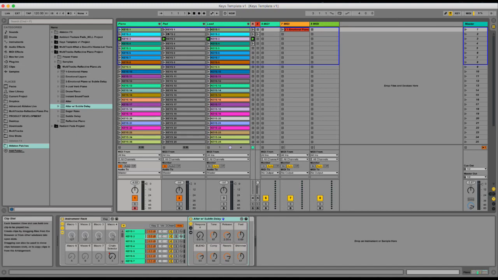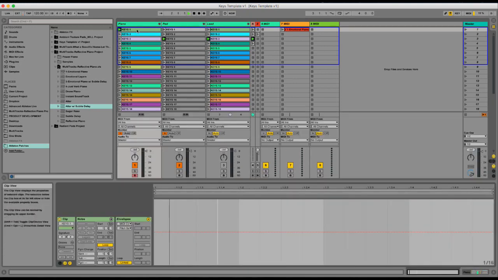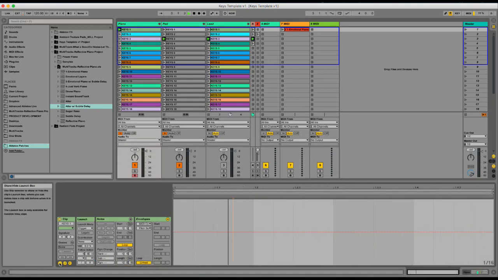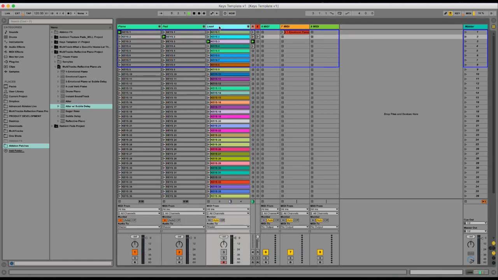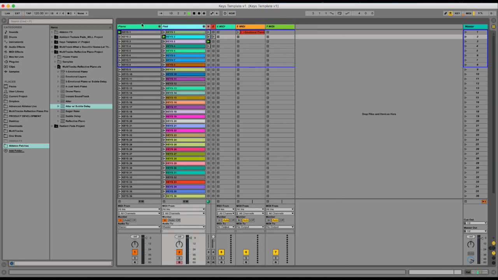All right, so now let's figure out what sounds we want to load. So I want to load piano sound 1. And again, we can go to launch, see global quantization set to none. So these are preset and ready to trigger right when you need them to work right at the right time. And let's do this pad sound here, keys 2. I'm going to delete this lead track for a moment. And I'll talk about what these other tracks are here in a second too. So now when I play,